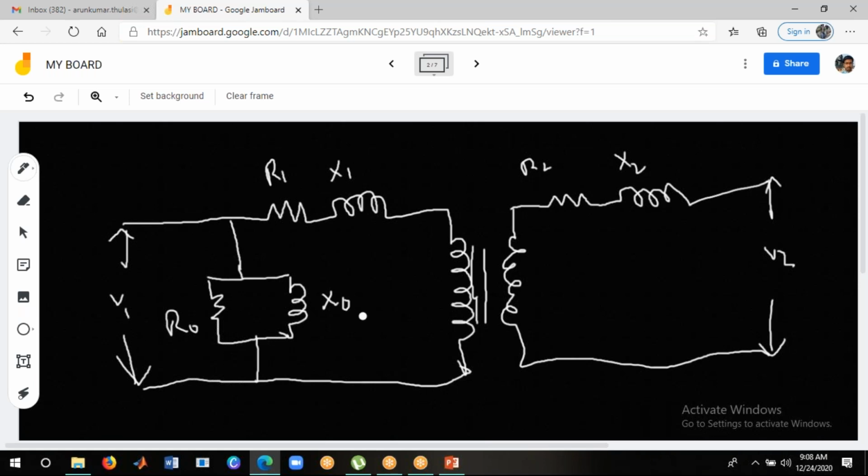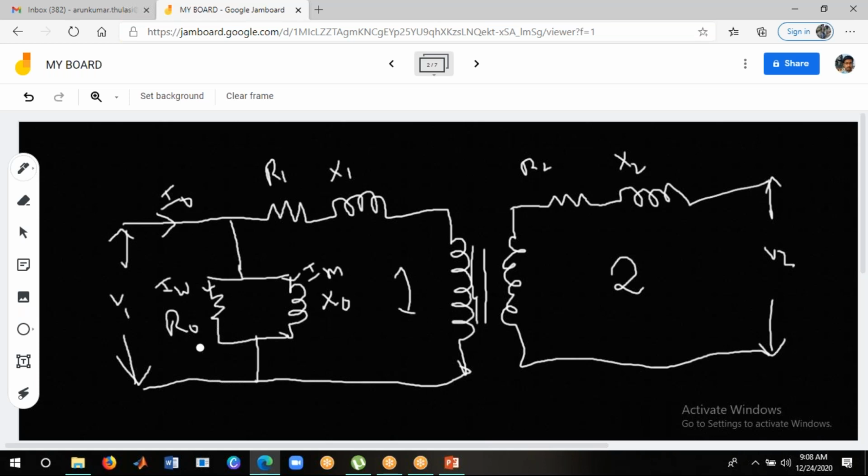So this is the equivalent circuit represented for the transformer. This entire circuit one belongs to the primary circuit and circuit two belongs to the secondary circuit. If you observe the primary winding and secondary winding, we have the parameters R1, X1, R2, X2. Additionally, we have R0, X0. Initially, when we apply the voltage V1, the current I0 flows through the circuit. I0 is the no load current. This I0 current is divided into two components: the working component and the magnetizing component.